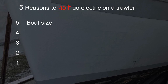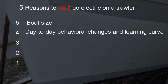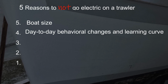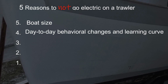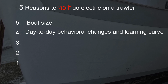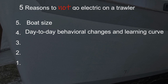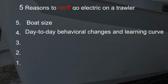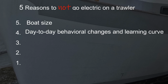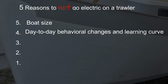Number 4, day-to-day behavioral changes and learning curve. Now, this is an interesting one. The best way I can describe this is with an analogy. Back in a day when people washed their clothes using a rub board, and later on they moved from that to a better technology, which was a gasoline washer. And if you were to say to that person, we ought to convert that washer to electric so we can move it indoors, they would likely say,